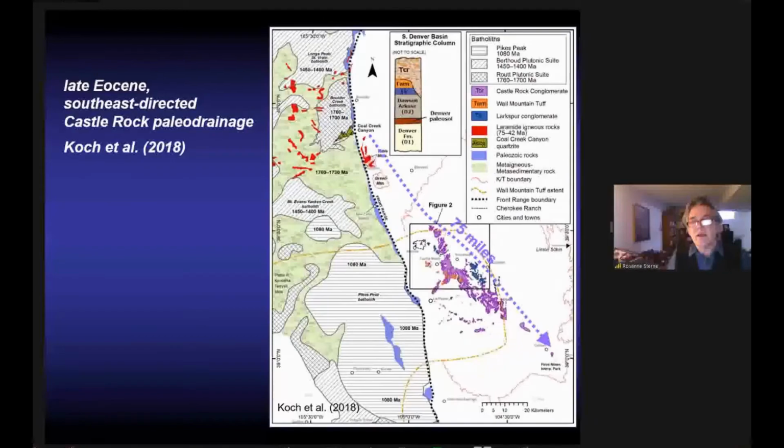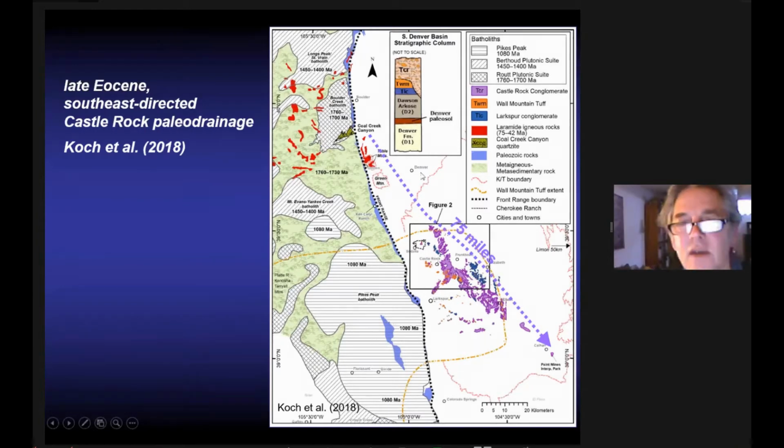So looking at those three drainages I pointed out before, we'll start first with the Castle Rock paleo drainage. This is an article by Koch, 2018. And basically the Castle Rock drainage flowed from Coal Creek Canyon, where it picked up clasts of the Coal Creek quartzite and carried them 75 miles to the southeast to Calhan here. And these are the outcrops